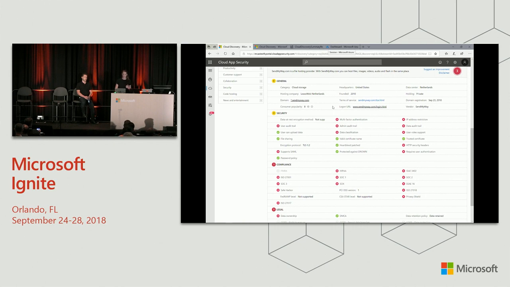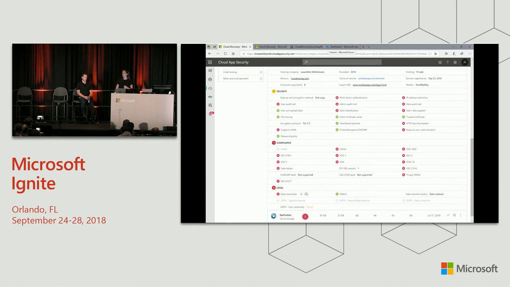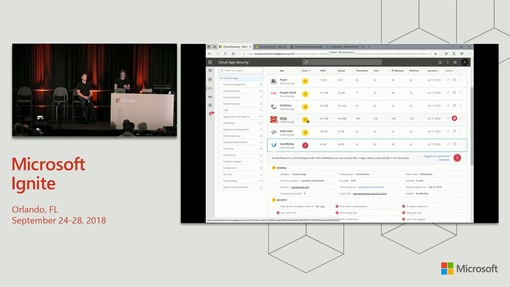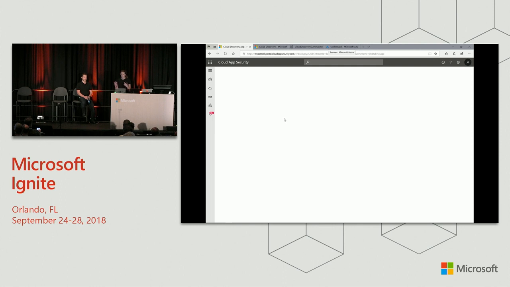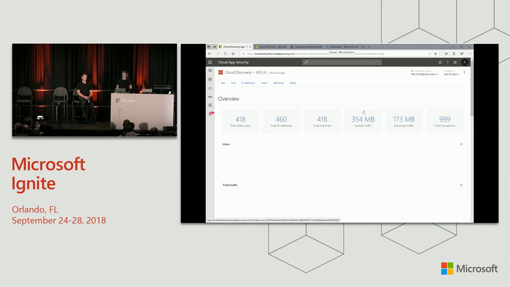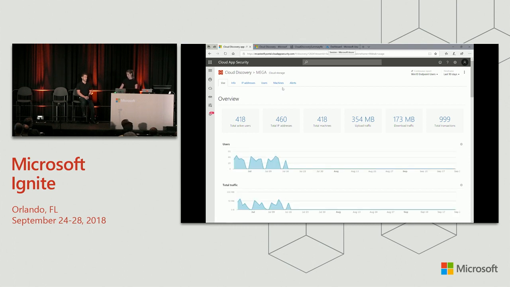We provide you with general knowledge, which is important to just understand kind of where does this app come from and what does it do, all the way to security, where I get a set of information, where this information comes from and what it can help me understand. Compliance, super key, as well as some legal factors. With GDPR going into effect in May of this year, this is important for any organization working with the EU, essentially. So now if I, for example, want to dig deeper into a single app to understand the usage here, I can do that in the drill down view that I see right here. So I get information specifically on the use across IP addresses, users, and machines.